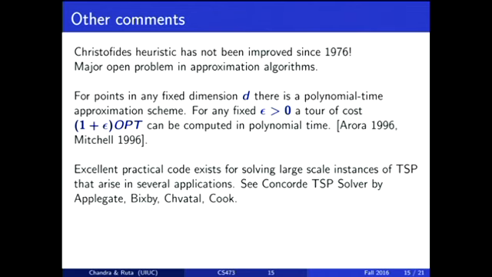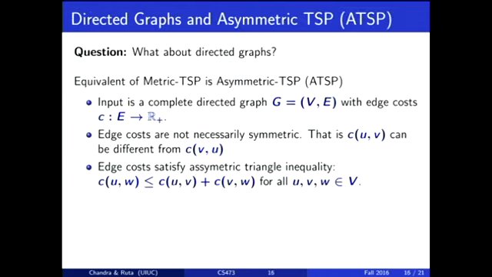I want to briefly mention directed graphs, right? So directed graphs are always a little harder, right? Because they don't have symmetry, and in some cases they are easier. Well, is there a notion of metric TSP in directed graphs? Because if you don't have that assumption, it's impossible to approximate it. So again, let's think of it in the following way, right? I give you a directed graph. Think about